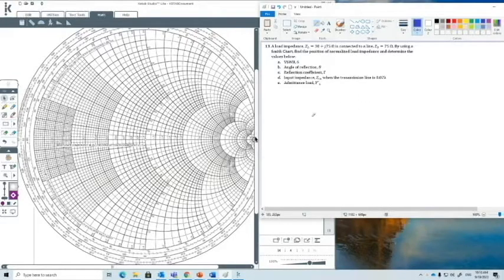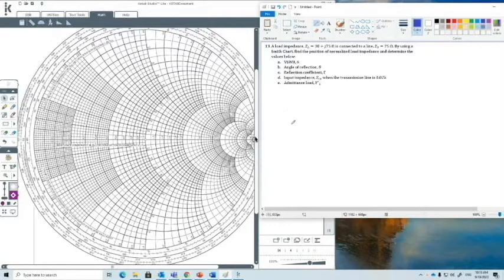Okey, soalan yang diberi adalah a load impedance ZL is equals to 30 plus J75 ohm is connected to a line Z0 75 ohm. By using a Smith chart, find the position of normalized load impedance and determine the value below: VSWR, angle of reflection, reflection coefficient, input impedance when the transmission line is 0.07 lambda and admittance load while prime